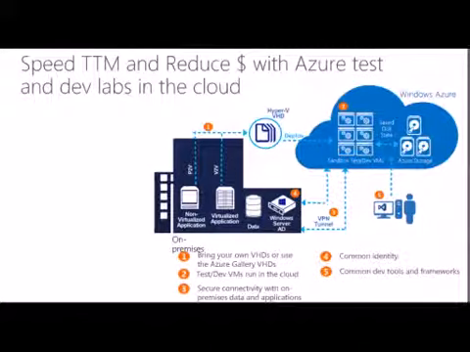And again, we may well have common tools and frameworks that we want to use, things like Visual Studio, which give us access directly from within the Visual Studio tooling into this platform in the cloud, and to be able to use this in almost the same way that we would have used an on-premises instance.